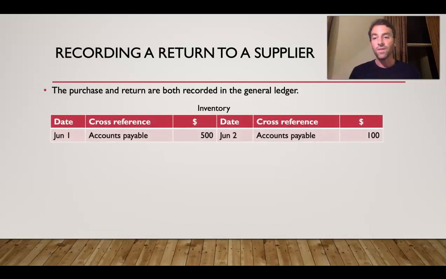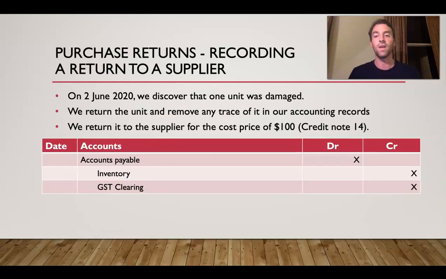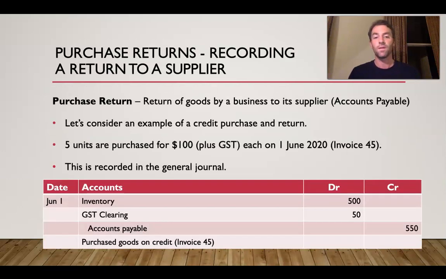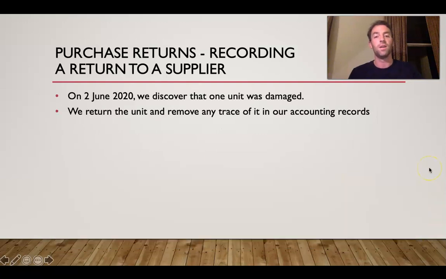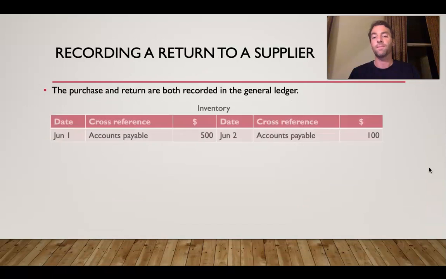If we think about our inventory on the 1st of June, we recorded that we got $500 of inventory, 5 units times 100, hence the debit. And if you look back at our inventory 2 slides ago, $500 of inventory is a debit, and the opposite side of that transaction, our credit, is accounts payable. So you expect to see a debit here